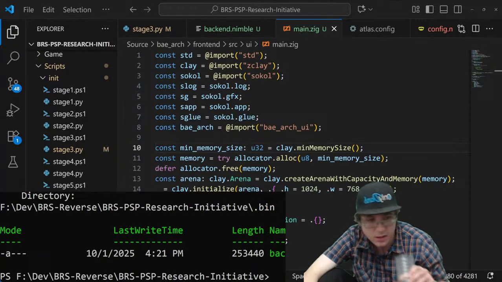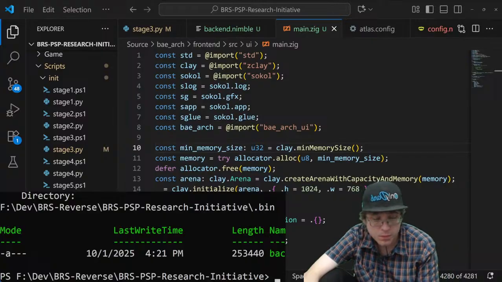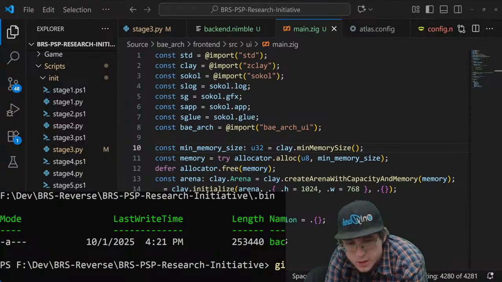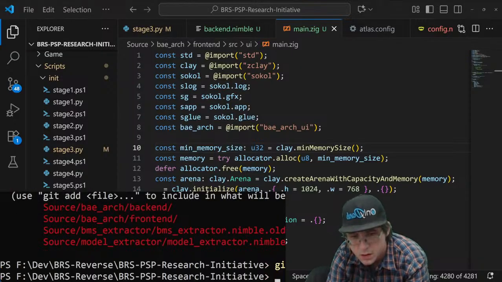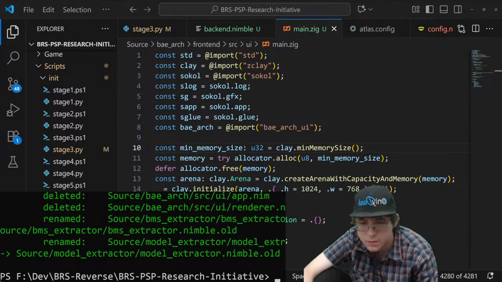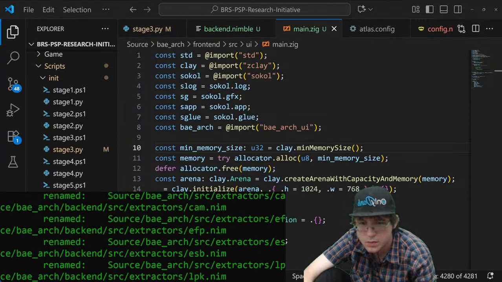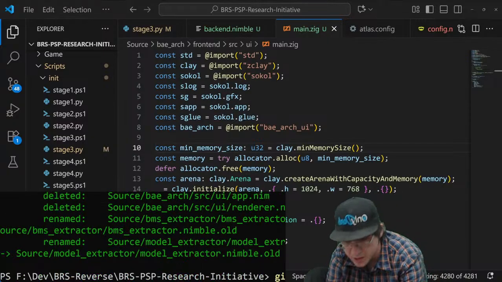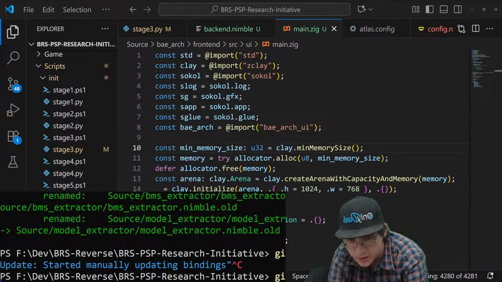The BRS fine. We're going to go ahead and commit the changes for right now.